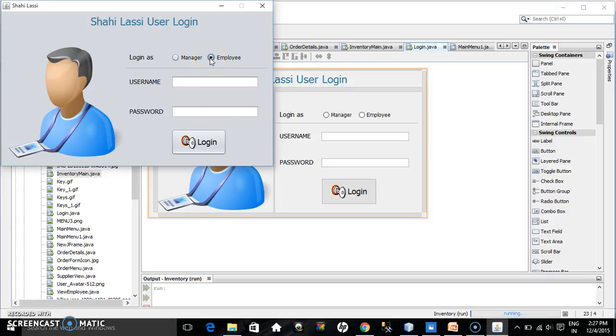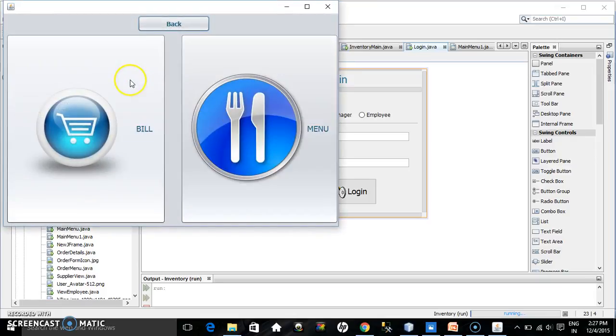If you log in as an employee, like I'm doing at this moment, you can see there are two tabs present here. One is billing and the second is menu. If you go inside the bill,